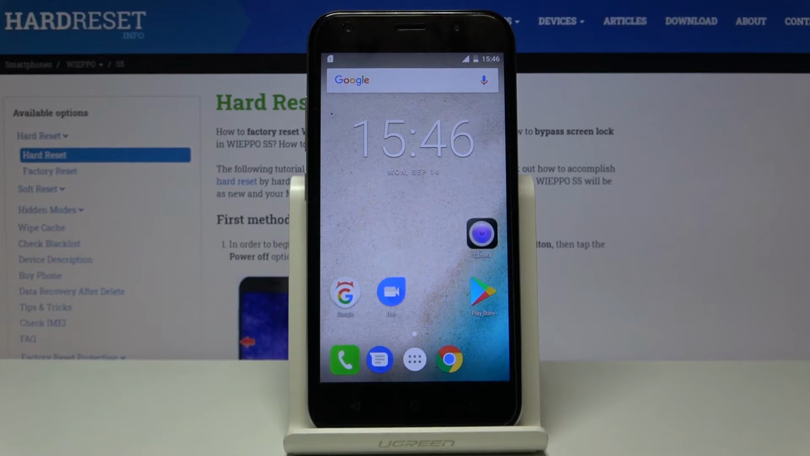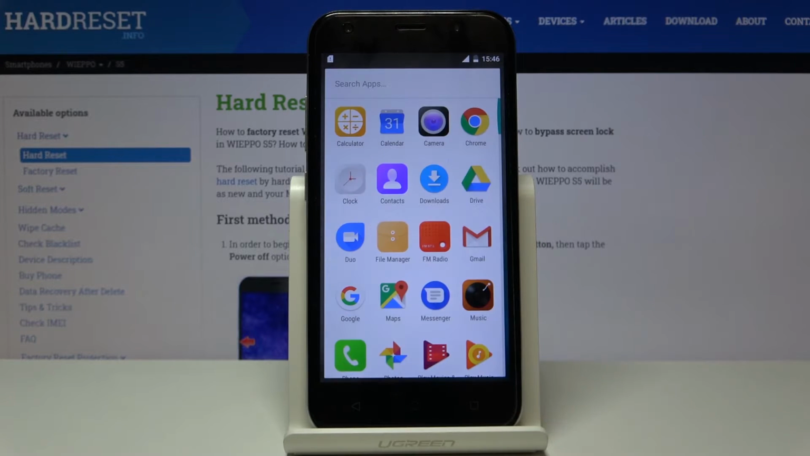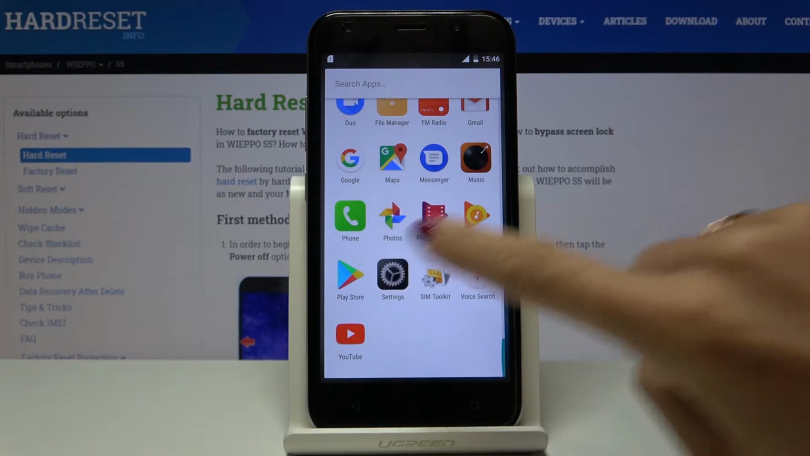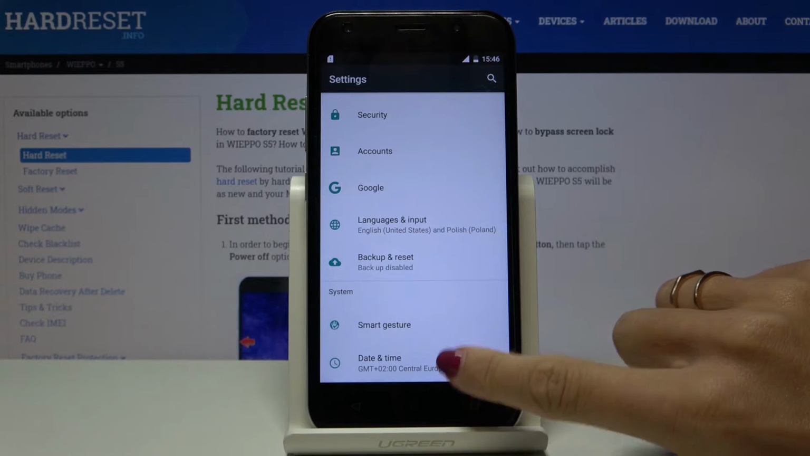In front of me is Wieppo S5, and let me show you how to activate automatic system updates. First of all, you have to open the list of all apps, then find and select the settings. Here locate and open